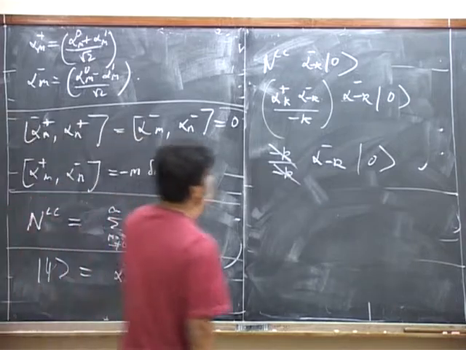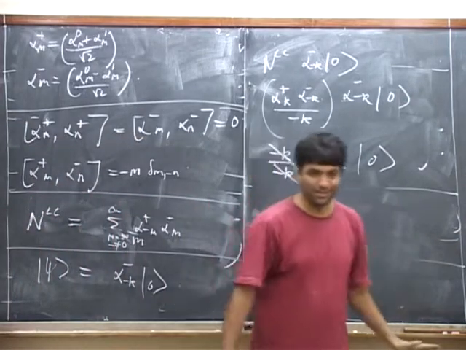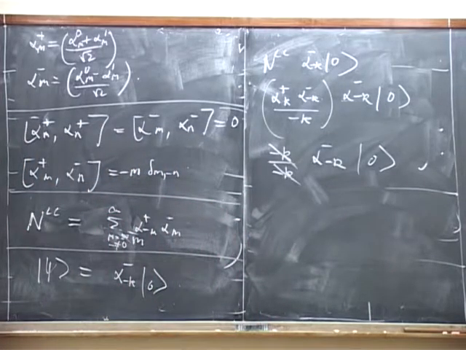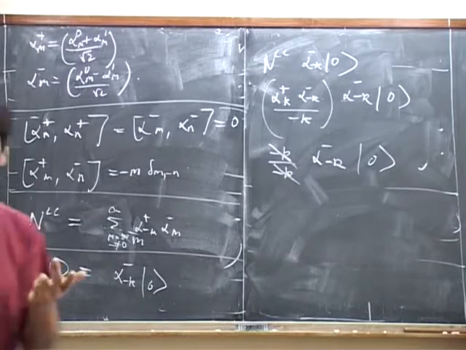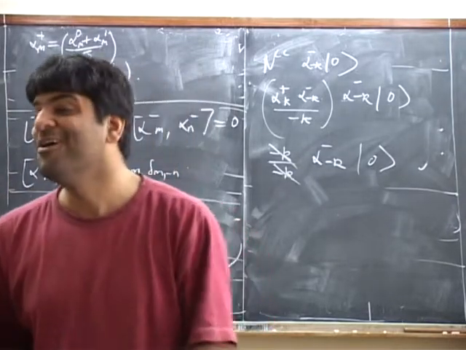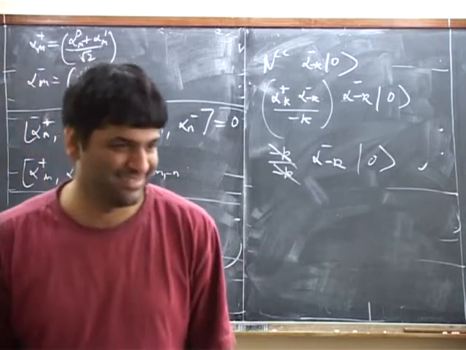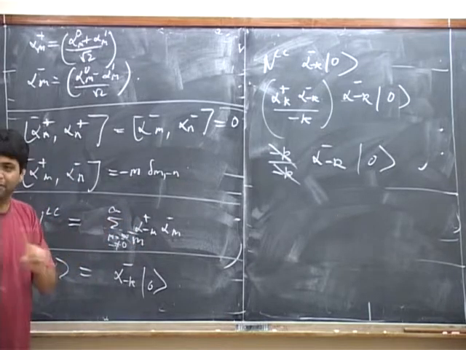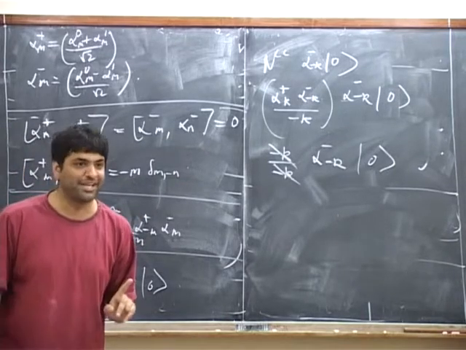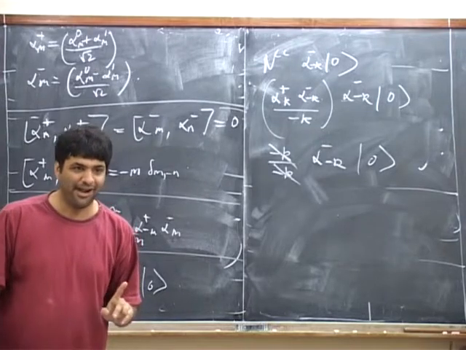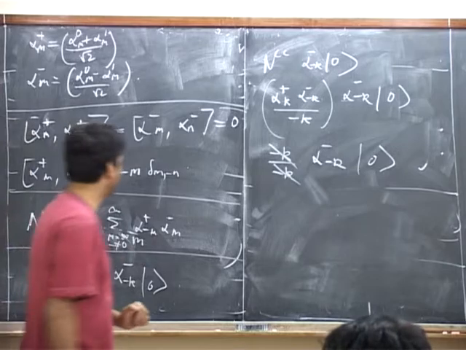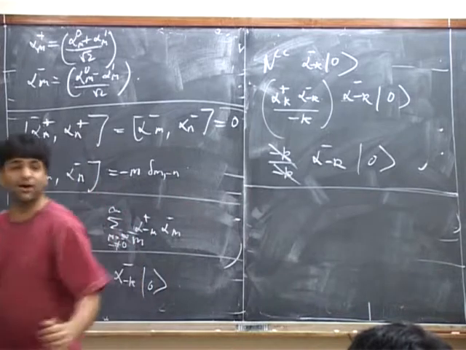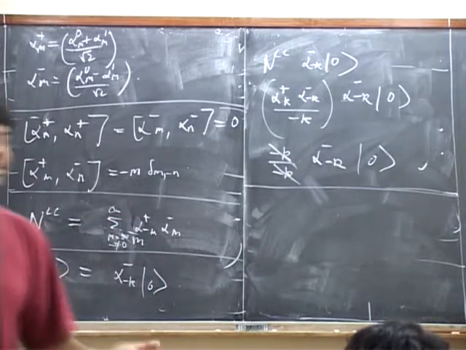Similarly, if you have many factors of alpha minus k1, alpha minus k2, and so on, you get a factor of 1 for each of these. If instead you had an alpha plus k, you would get a factor of minus 1. The signs work out like that. Is that plausible, or would you feel too uncomfortable and want me to check? Okay, great. So this operator counts the number of minus oscillators minus the number of plus oscillators.